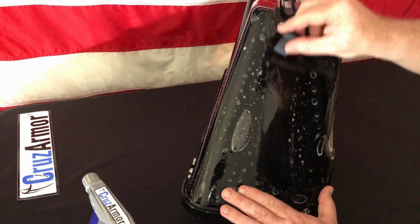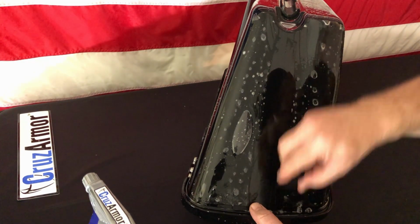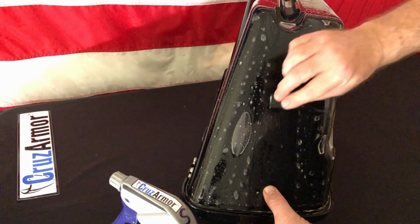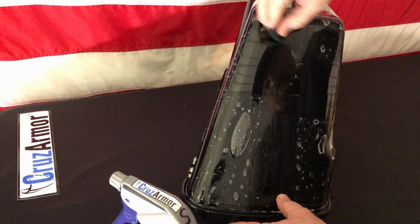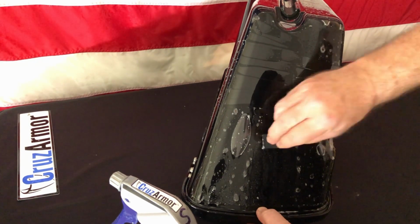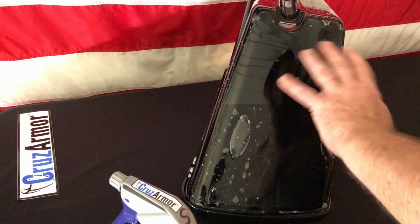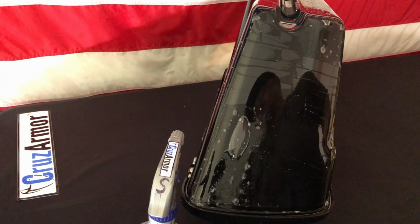So I'm going to go down the center first. Get a strip down the middle that's tacked. And you want to keep the outside of this wet as well so that the squeegee will slide easily. And then it's just a matter of going side to side with overlapping strokes. So you don't want to start out here and leave a whole gap of fluid or air pockets. So you want to start in the middle where you know it's already been squeegeed. And again, just working your way out. If the material seems like it's moving while you're squeegeeing, then you have too much soap in your slip solution. So go dilute it with some water